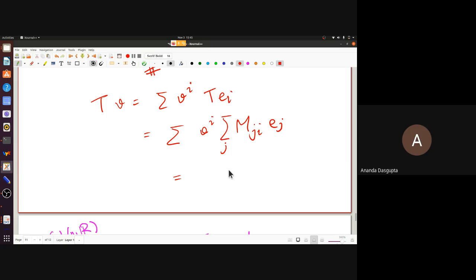So now, if you just think about it a bit, after you apply T on v, the coefficients can also be, you can think of this as changing the basis vectors, because T will go and act on the basis vectors, or you can think of keeping the basis vectors the same e_j's as before, but changing the coefficients. So instead of v, now you have v prime. So v prime j is M_ji v_i summed over all i.